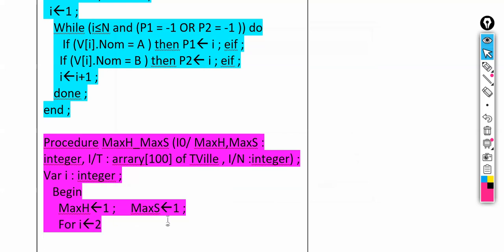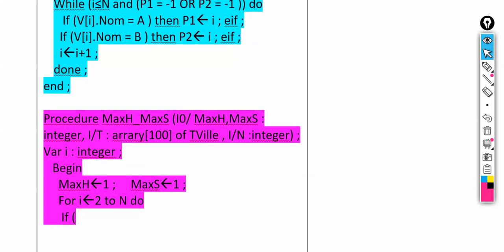To n, which is the size. Do. So how can I check for if? Same thing. So if what? Who can tell me? How can I check for the maximum one? If T, if Ti